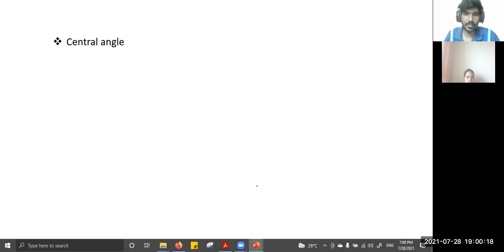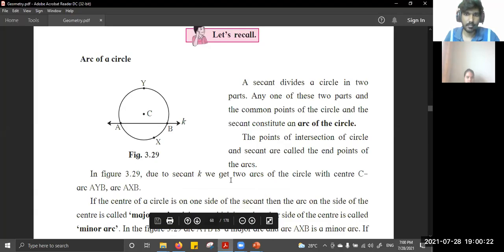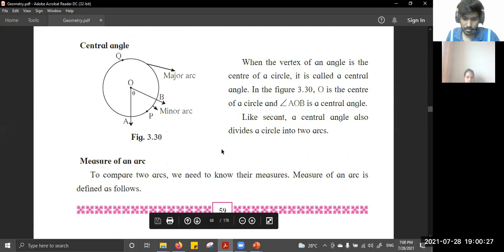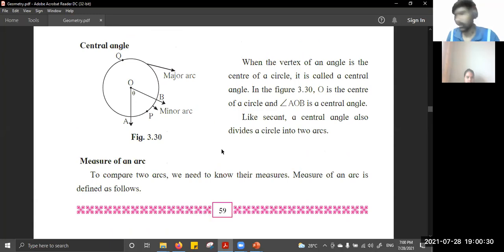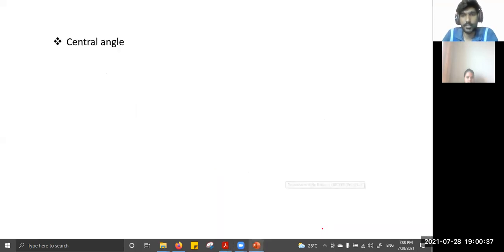Just tell me the page number. Oh wait, I have the text. 59. Sorry. What? No, I got it. I just wanted to know the page number. It starts from page 60. Yes. Okay. So come back. Can you make your camera on? Page 49, sorry. 59, 59. Yeah. It is there. It's not in the deleted portion. Just make your camera on. One second, one second.